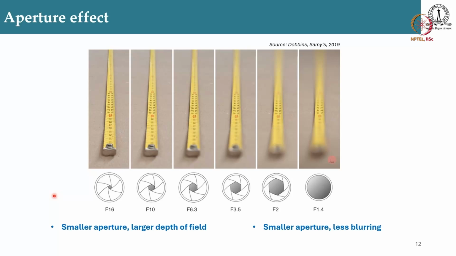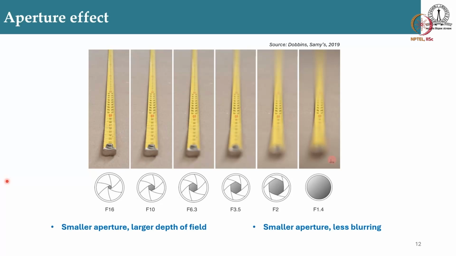What do we mean by depth of field? Basically, it means how much of the image is not blurred in the depth direction. When the aperture opening is very small, as we have seen earlier, the cone of light that passes through the imaging system is very small, so the blur circle diameters are also very small. So even for very large delta z, the blur circle diameter c will still be small,